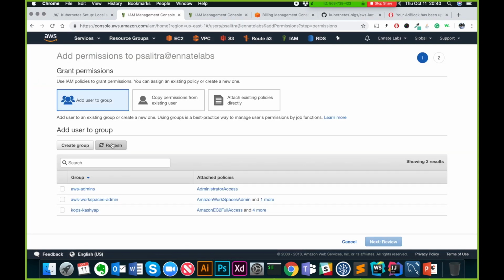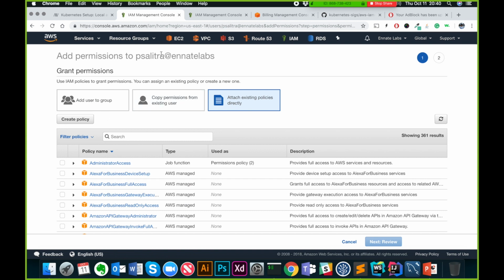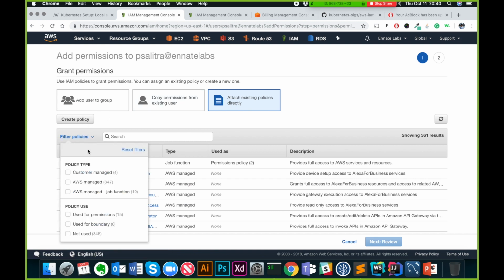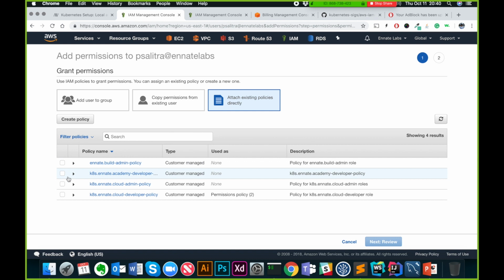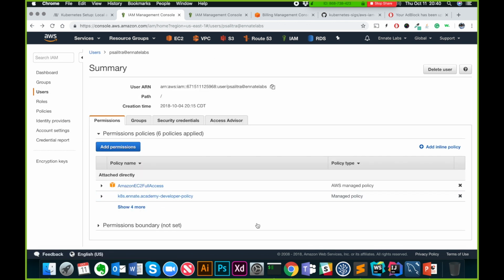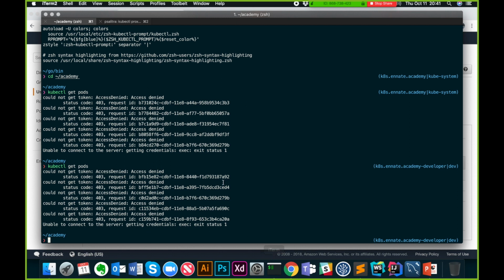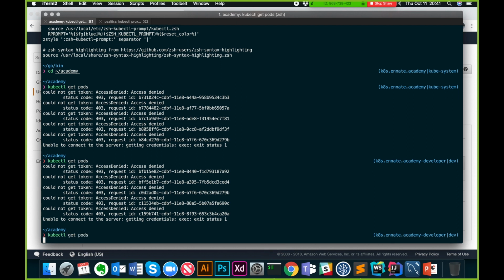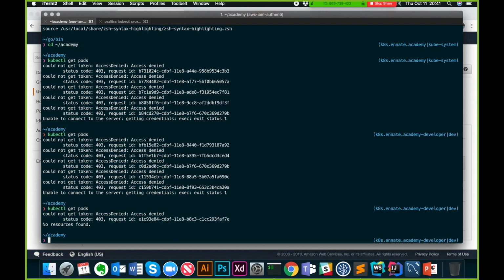I'm just going to go there, and it's an existing policy that I created. So I'm on my user, and I'm just going to attach that policy to this user. So I'm giving this particular user an ability to assume a specific role. Let's see if that works out. So it still fails